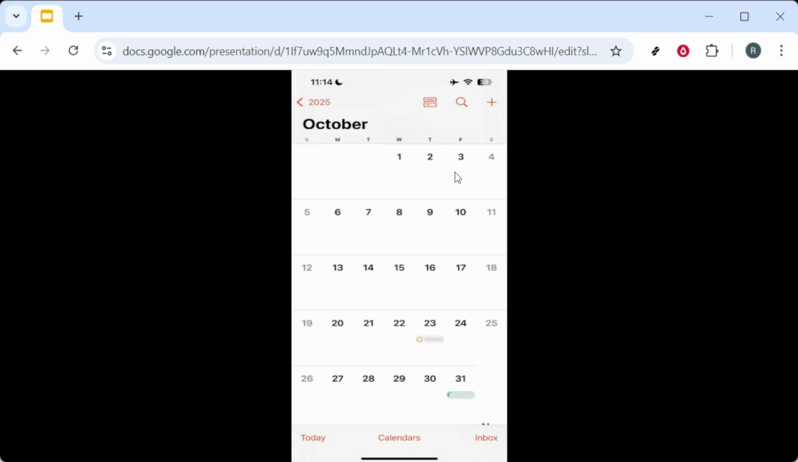And there you have it. The birthday is now successfully added to your Apple Calendar, ensuring you'll get the reminder you need, and that's all there is to it. With these simple steps, adding birthdays to your Apple Calendar becomes a breeze, keeping you organized and on top of all